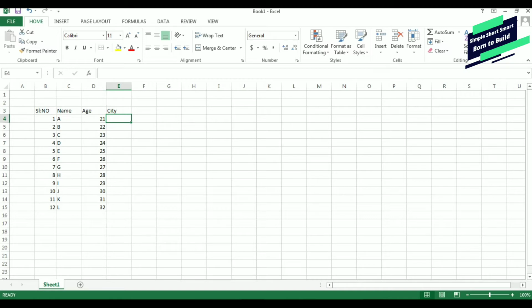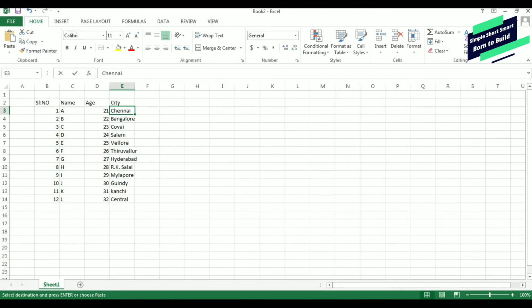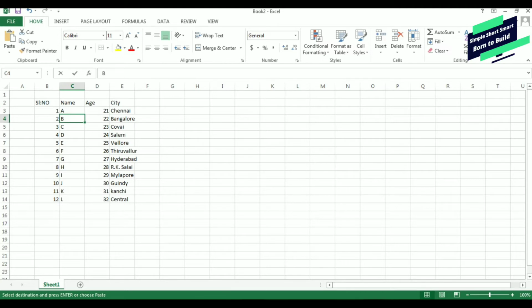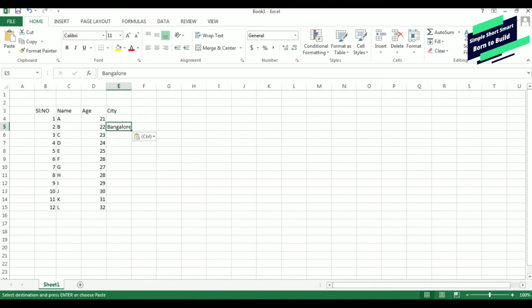Normally what others do is they copy the name of the person and go to the second sheet, and they use Control plus F, which is called find. They paste the name of the person and click find all. Once they find the name, they go to the city column, copy it and paste it in this sheet. This is a time-consuming process, and if you're working on data with more than 10,000 or 20,000 line items, you can't copy and paste every time and use this find formula, and you can't complete your work on time.